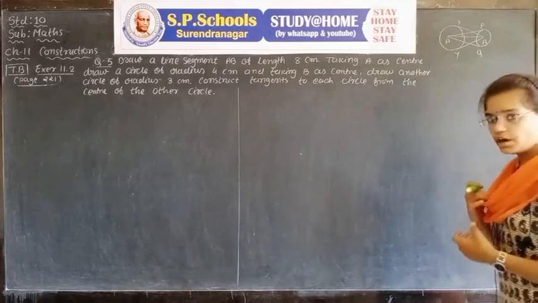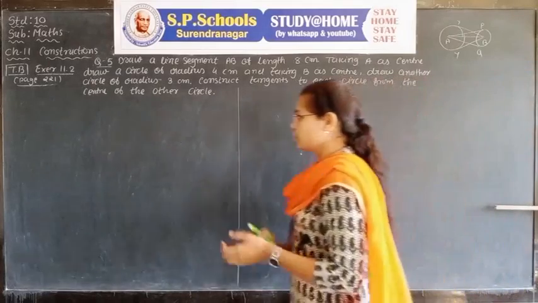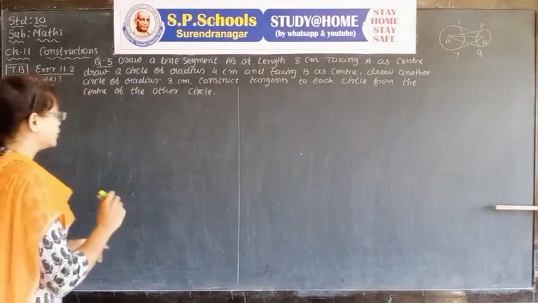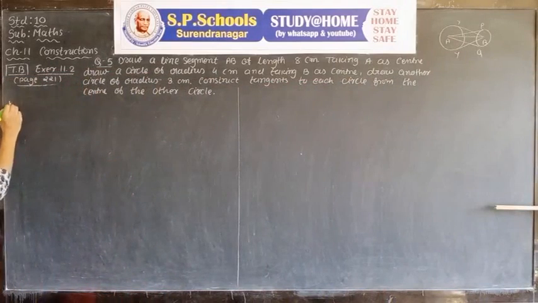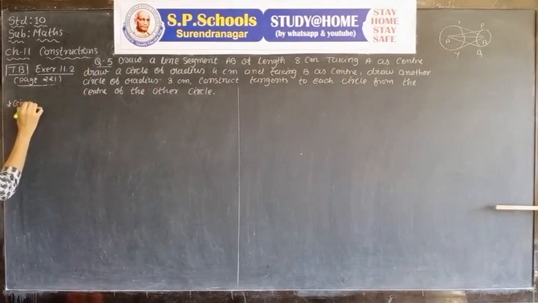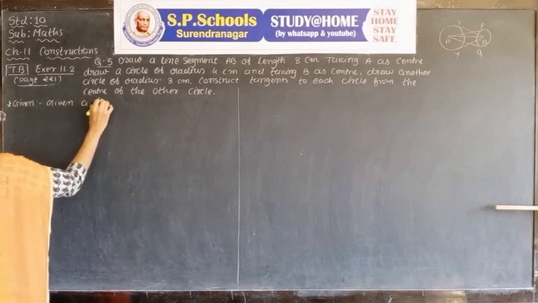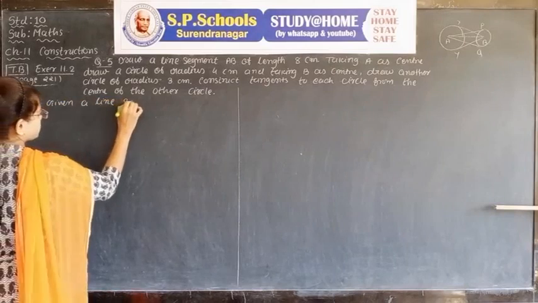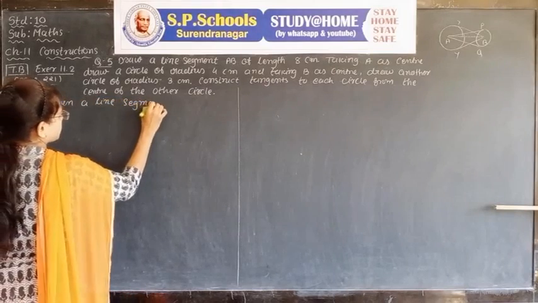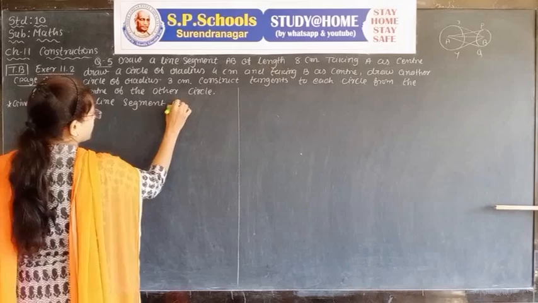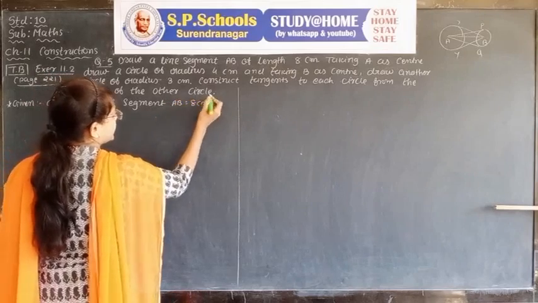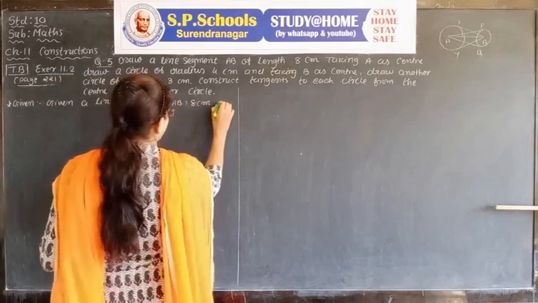It is our rough construction. First of all, we have to write here given and to construct. Given: a line segment AB is equal to 8 cm and